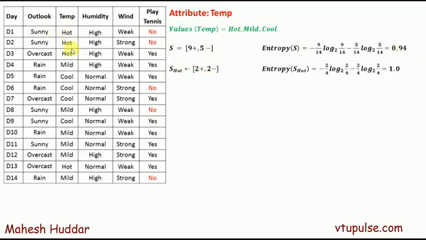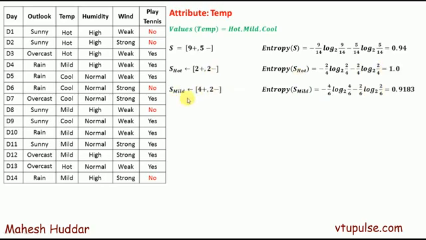You can see here 1, 2, 3, and then it is 4 times. The first 2 are negative, the third one is positive, and the fourth one is positive. So there are 2 positive and 2 negative examples. So the entropy of S hot is equivalent to 1.0 directly. There is no need to calculate it. If the number of positive and negative examples are equal, the entropy is 1.0.